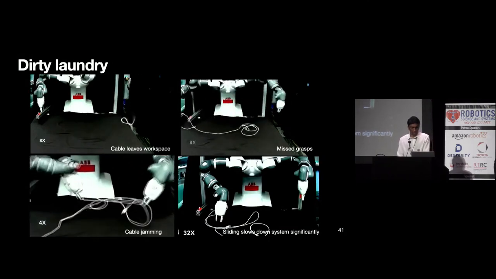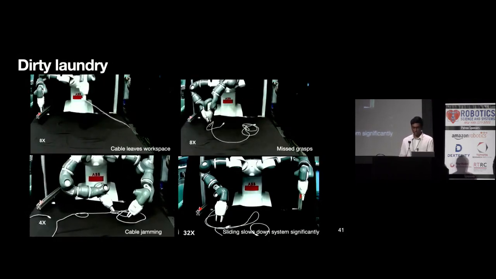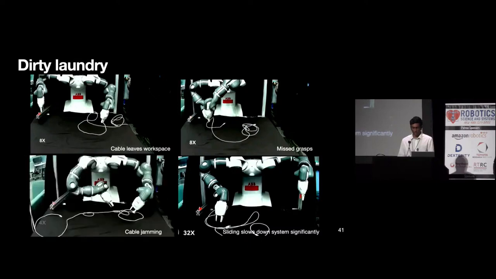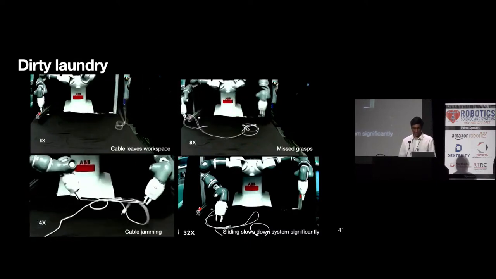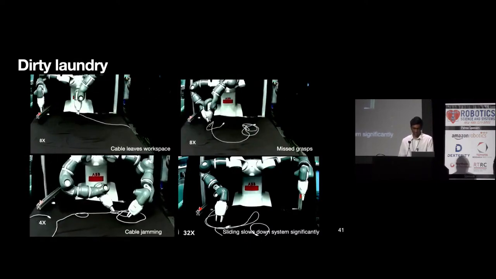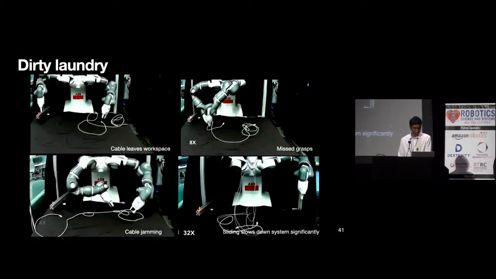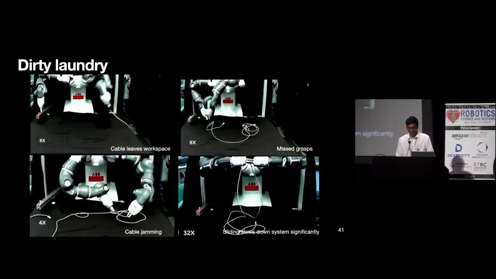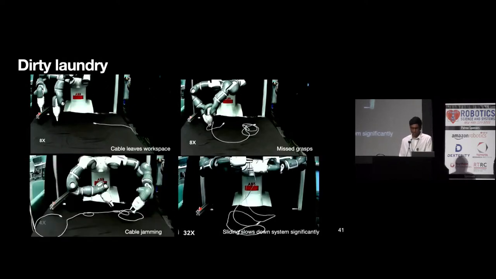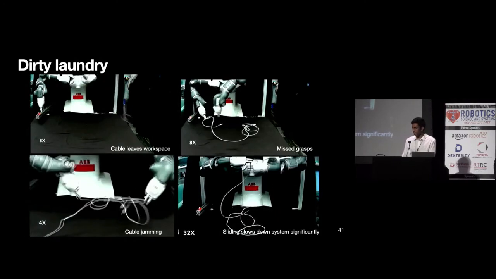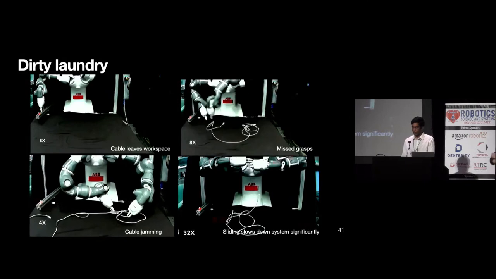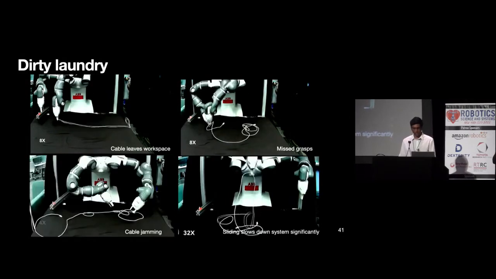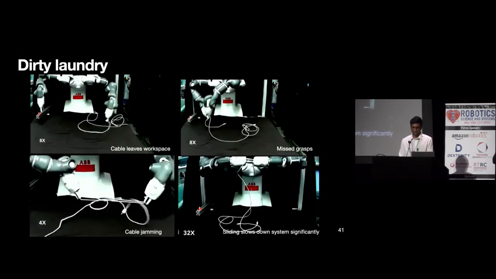On the bottom left, the cable actually becomes jammed due to the adapters at the endpoints when SGTM attempts to perform a cage separation action to untangle a knot. And finally, on the bottom right, we can see that the robot actually takes a long time. This is a sped up video, and it often takes a long time to slide along the cable. We also observe in experiments that there are often false positive knot detections that cause the algorithm to have a low verification success rate.